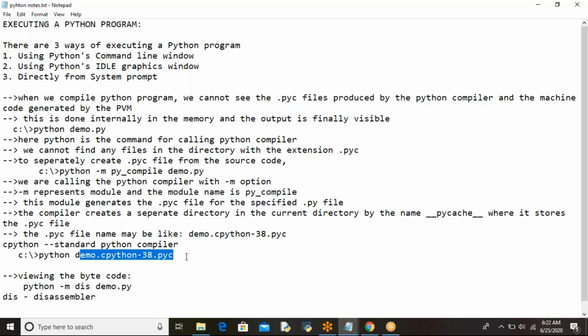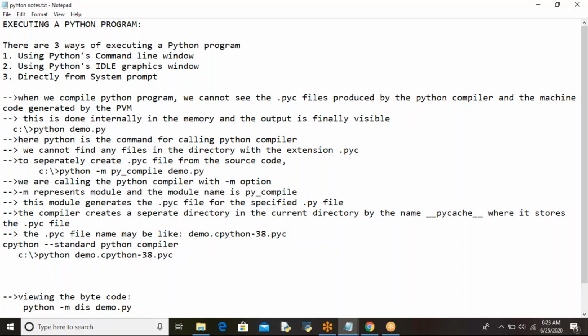One step is reduced here, no? That makes the program execution faster and improves the performance. That is the reason why we are doing it like this. And one more important thing is also there. In Java generally, when you are developing projects, if you want to send the files to some other people, you are sending class files only. Here also, if you want to share, you can share these .pyc files with other people. Got it clear? Understood?